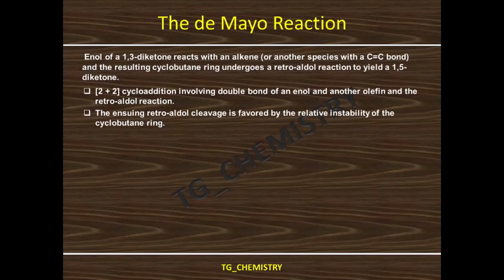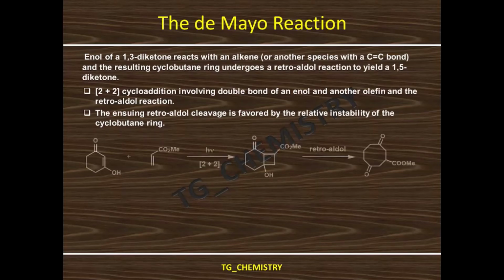So that part is utilized, the instability or the strain whenever the cyclobutane ring is formed, that we know from the Bayer strain theory. So those small sized rings are strained. So that has been utilized here in the De Mayo reaction. And now if we see the first example, the substrate, as you can see, the enol of 1,3-dicarbonyl system reacts